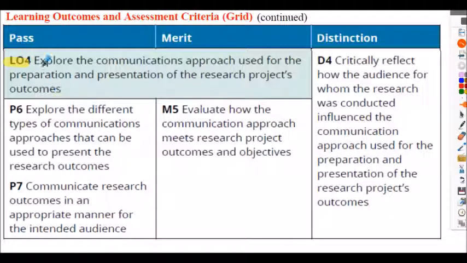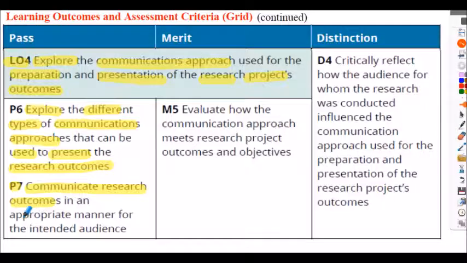So in LO4 we have to explore the communications approach used for the preparation and the presentation of the research project's outcomes, the findings in other words. So for criterion P6 we have to explore the different types of communications approaches that can be used to present the research outcomes. And in P7 we then have to actually communicate research outcomes in an appropriate manner for the